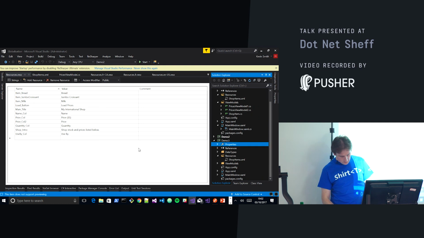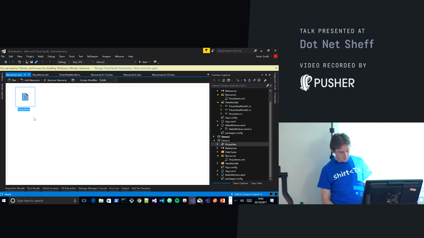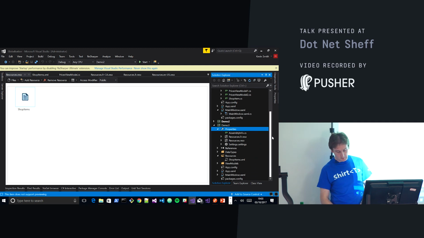The other thing to note actually in these resources is that you don't just have to store strings, you can store files. So I've got my shop items in there as the resource file. This is really handy if your data is very dependent on the locale. A nice thing to do is to put all of the data in as files in your multiple resources. You can name them, so you could have shop items.fr.xml. In here you can rename it so that when you call that resource it's got the same name, and that'll automatically load your other data type.